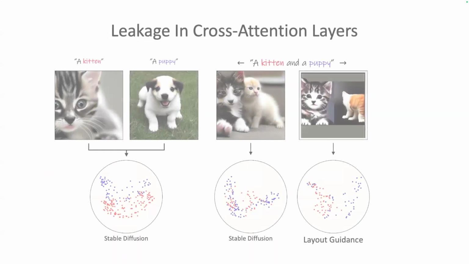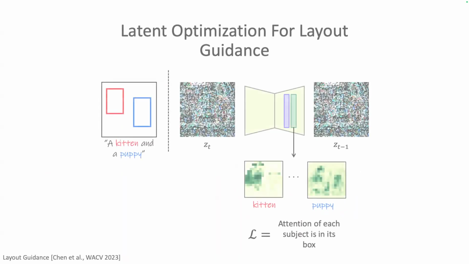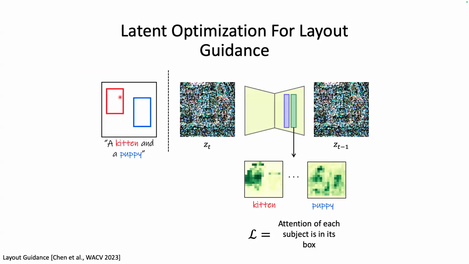But a problem with this approach is that they require the query. So if they want the attention of the kitten to be only within the box of the kitten, and the attention of the puppy to be only within the box of the puppy, basically it means that they require that